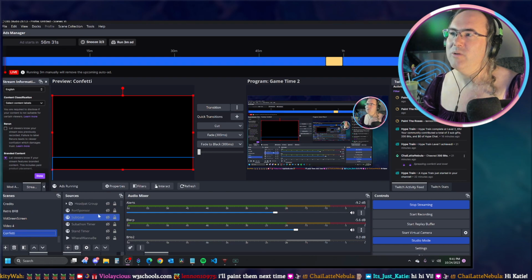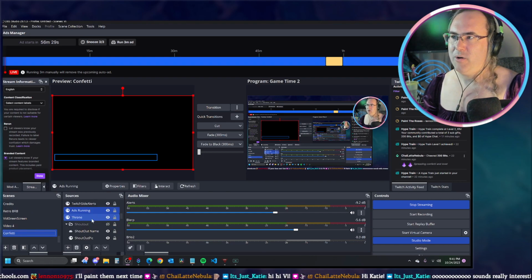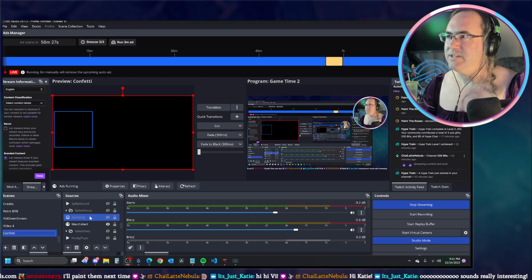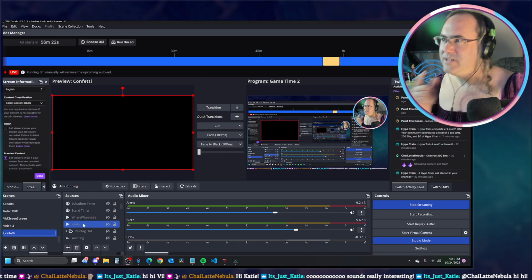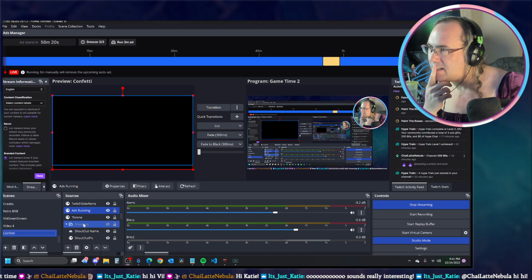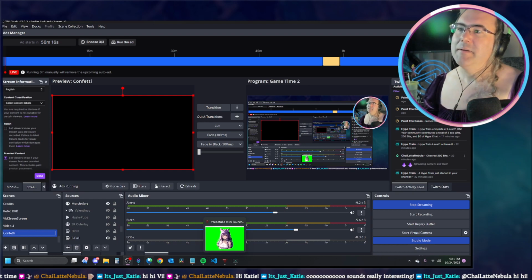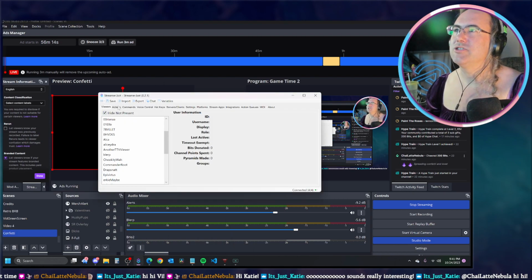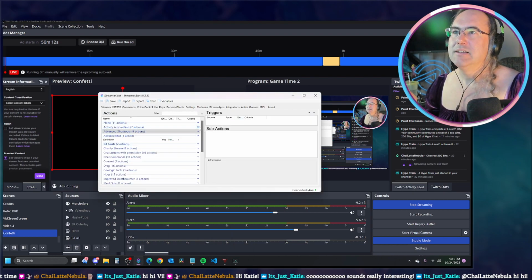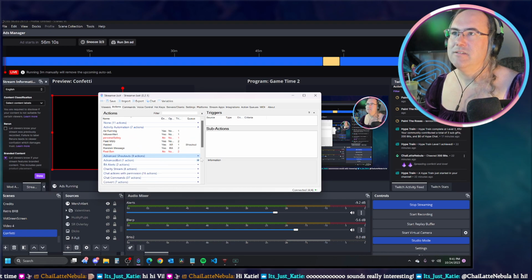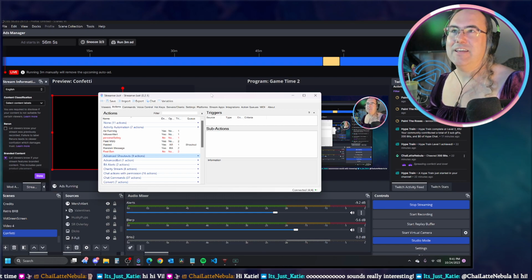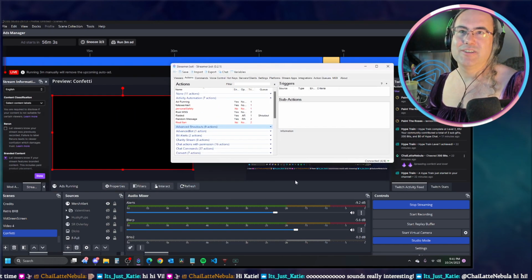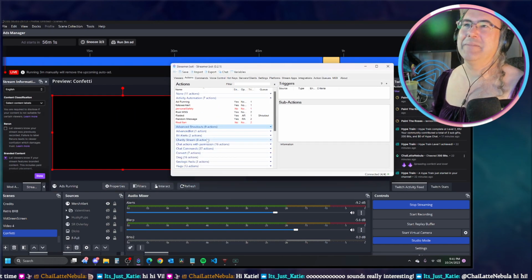So let's talk real quickly about the last component here, which I have to remember where I put. Where are you hiding? Probably not where it's supposed to be. Let me bring up StreamerBot because it will show me for sure where it's at. There's a lot in StreamerBot, so don't worry about how much stuff I have in here. It's too much. It's the best way to put it.